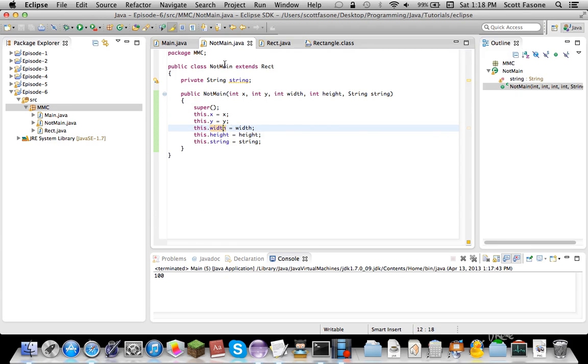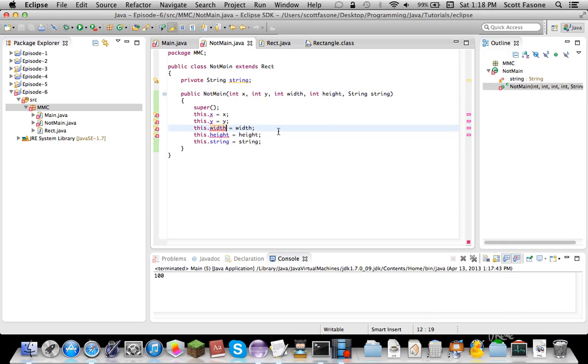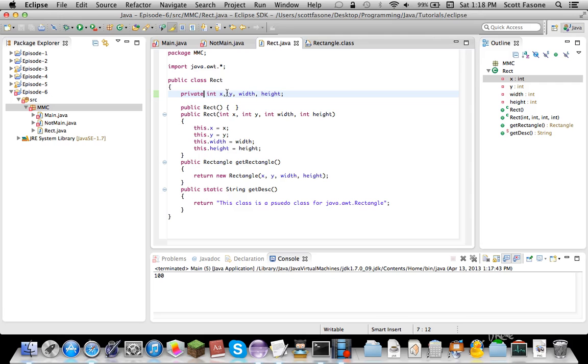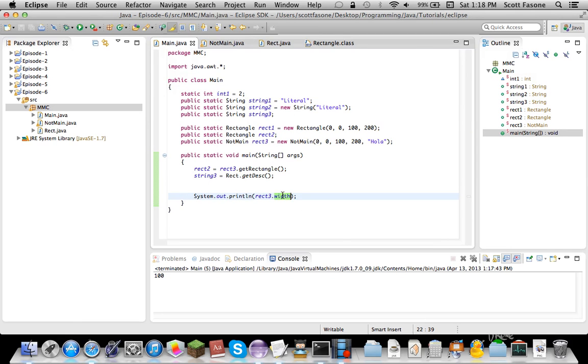So now this still works, because if we set this to private, then that means only this class could use it, and it's a selfish little dirty class. And these aren't allowed to use it, because this class is being a selfish jerk. So let's change this to protected. So instead of keeping everything to itself, it'll let its children have it, like a good parent should. So now this still works, but if we call this